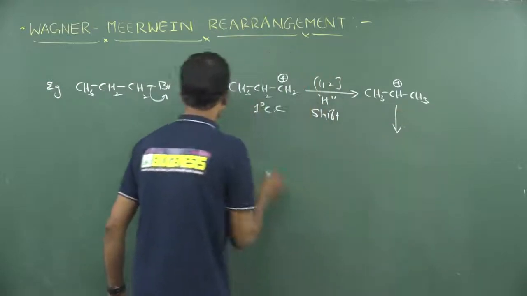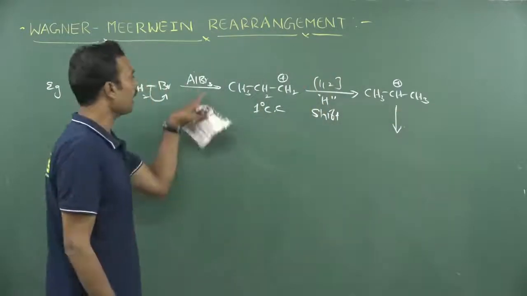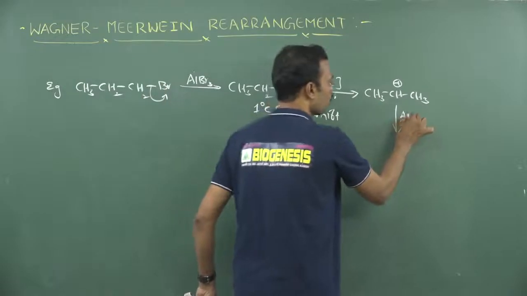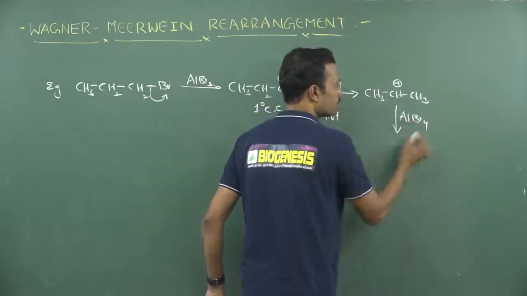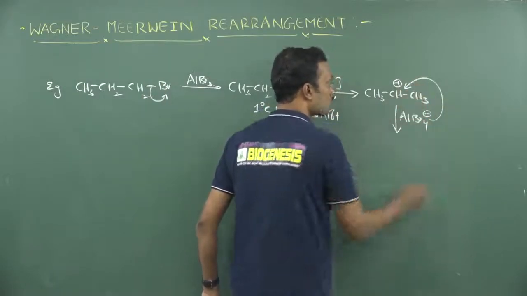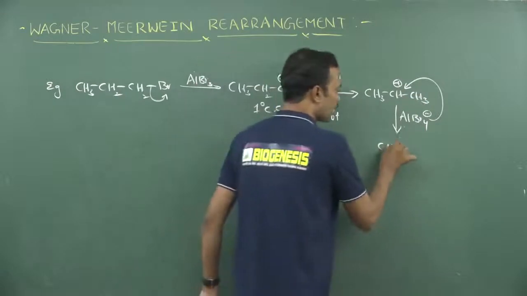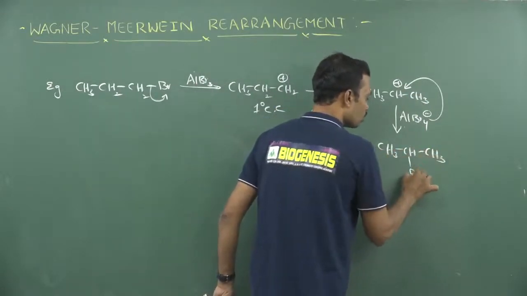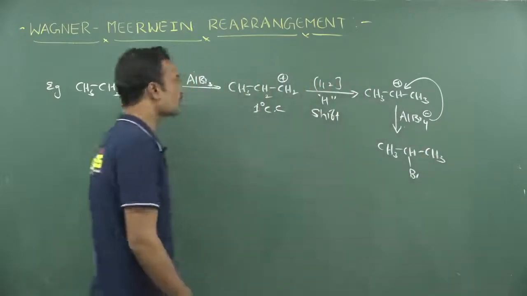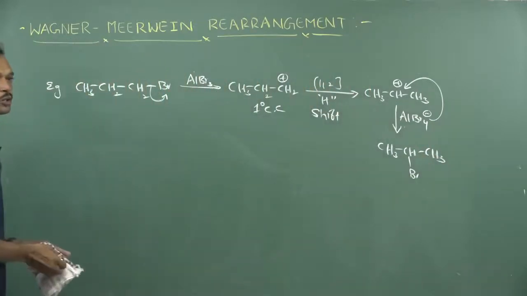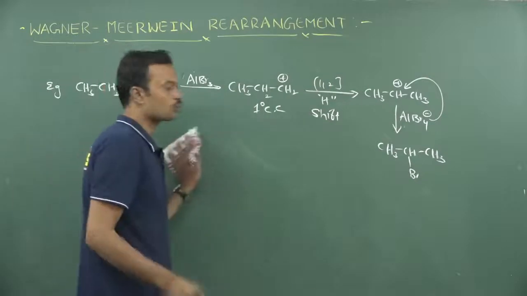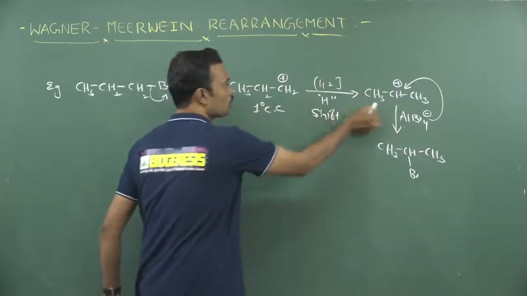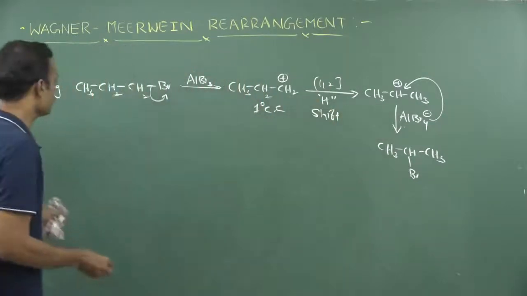Now the removed halogen is completely added onto aluminium tribromide in the form of an aluminium tetrabromide anion. One of the halogens is added on this carbon. After adding, now you may get a 2-bromopropane. Initially it is a 1-bromopropane, now it becomes a 2-bromopropane. So where do you observe Wagner-Meerwein rearrangement? From here to here you observe a Wagner-Meerwein rearrangement.